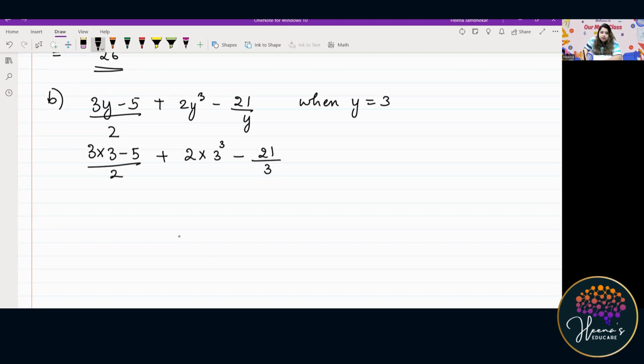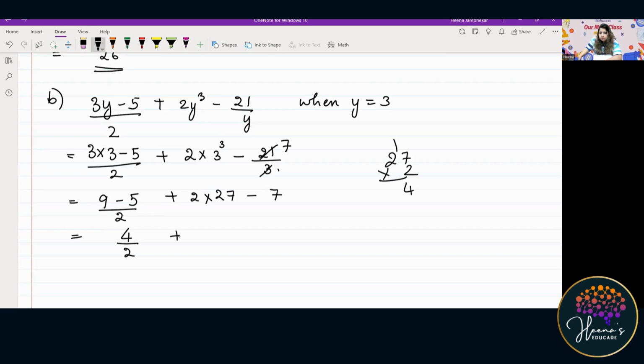So 3 into 3, remember, BODMAS, is 9. 9 minus 5 upon 2 plus 2 into 3 into 3 into 3, 27, 3 cube minus 3 ones are 3 sevens are 21. So 9 minus 5, you have 4 upon 2 plus 27 into 2, 54